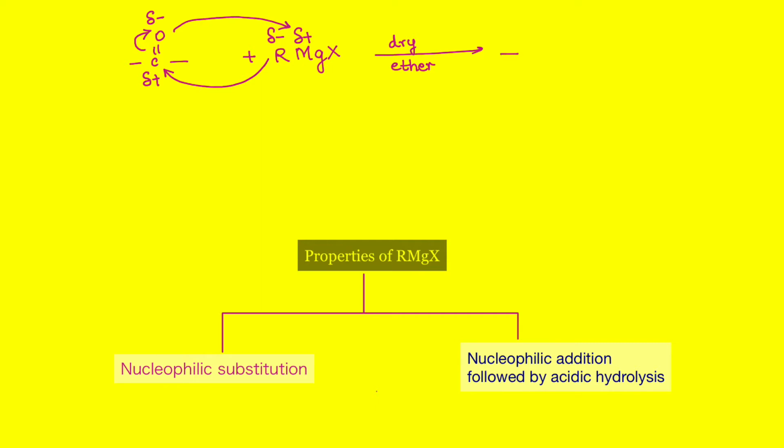So what do we have? We will have an addition product over here, OMgX, and there we have the alkyl group. Now if you see, this poor carbon is loaded so much, and moreover it has an electropositive magnesium over here,